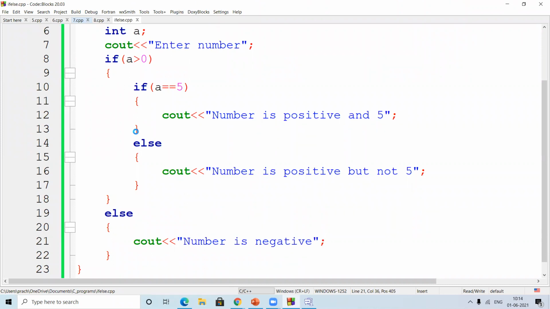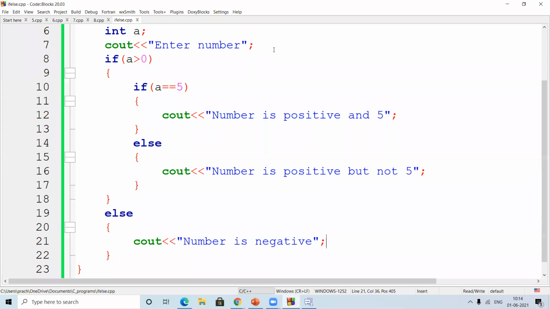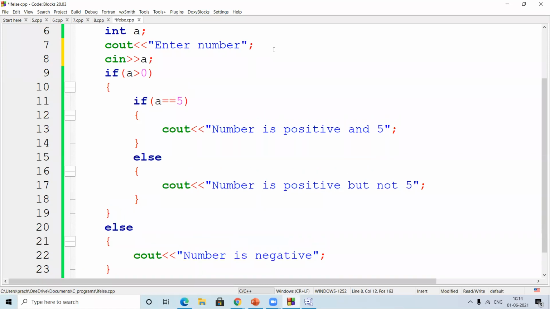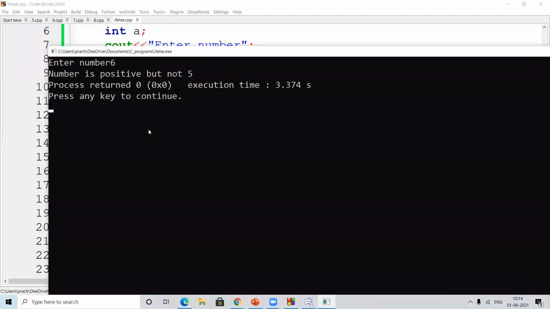Okay, see, I'll run this, you will get to know what exactly it means. I've not written cin. So here I'll put 6. Number is positive, but it's not 5. So whatever the required problem statement is, understand that and then write it.